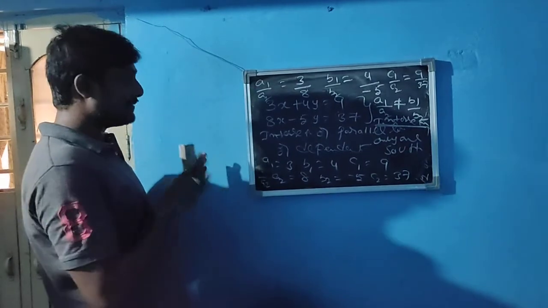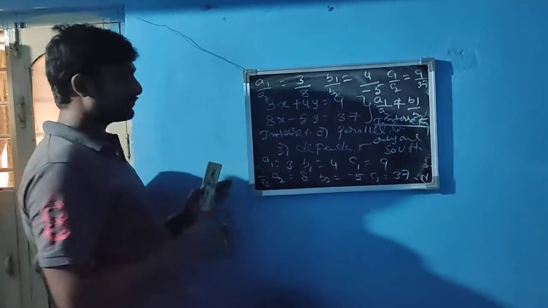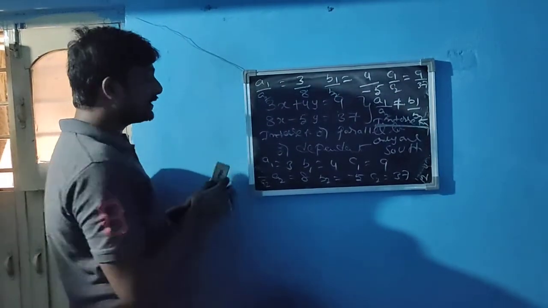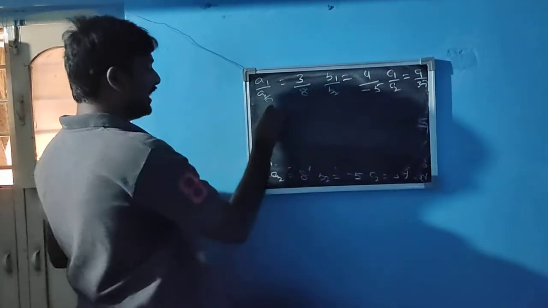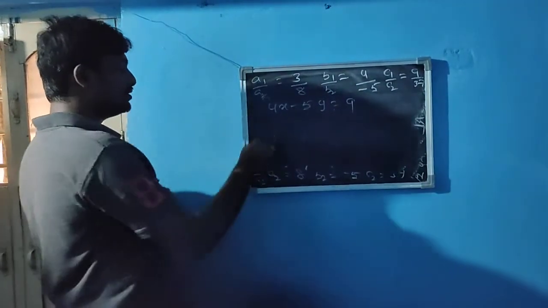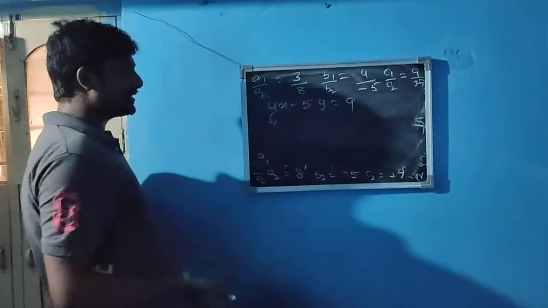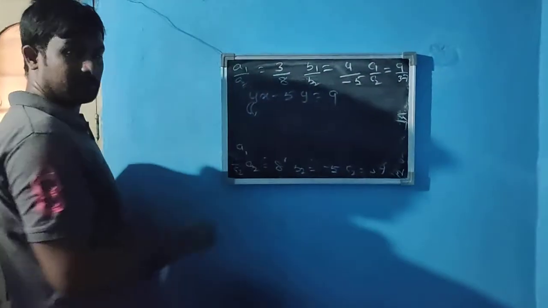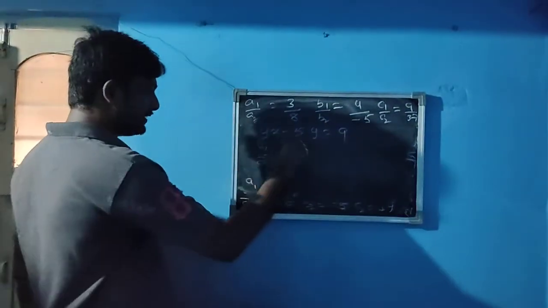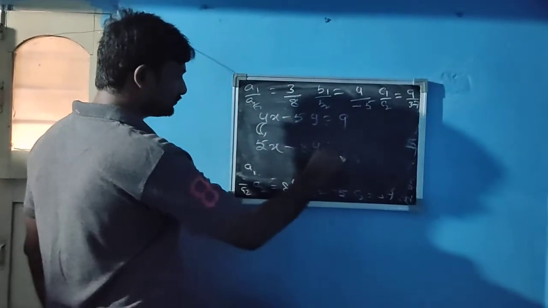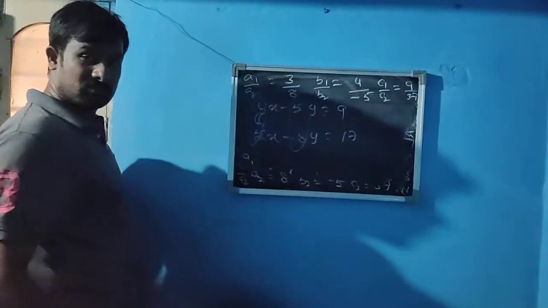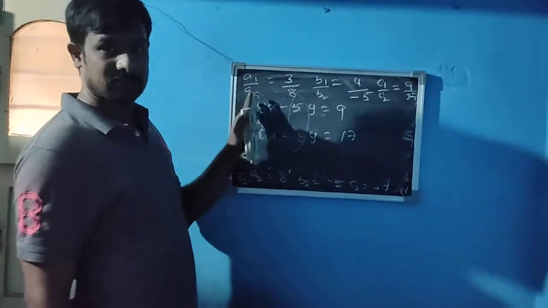So here are some examples you can write. Everyone, write. Intersecting lines, 3 examples. How to write the 3 examples here? Suppose 4x minus 5y is equal to 9. Suppose different numbers here: 4, this is an even number, then you can write an odd number. 5x, and here you can write an even number. Odd number, even number, but these two are not equal. Compulsorily, you can write intersecting lines this way.